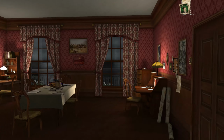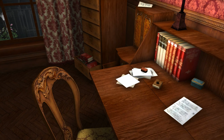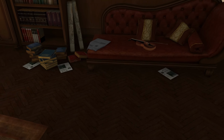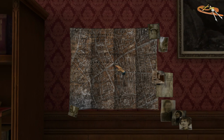Really? You want me to just be... I mean, I know previous games did this too, but it's almost asinine sometimes. We'll need a map, Watson. Alright, let's find this stuff. Well, let's give ourselves something to distract ourselves for 5 seconds. I am in need of something. Well, the compass and everything, so...